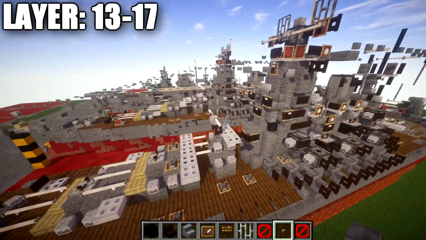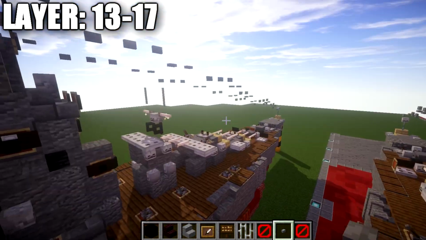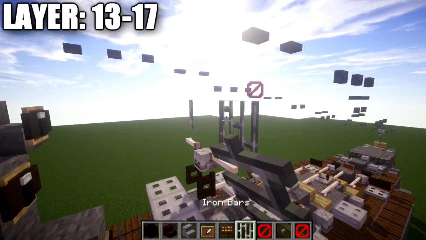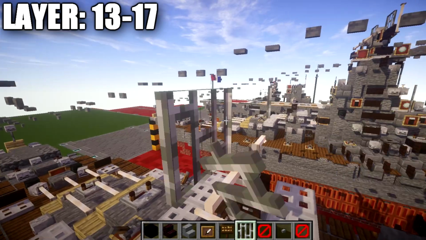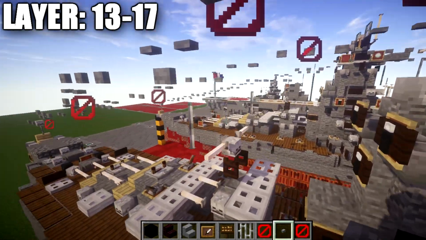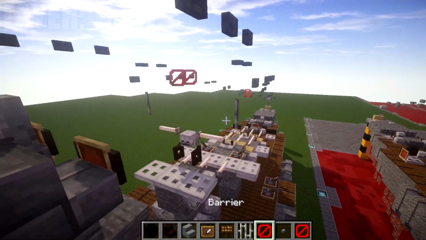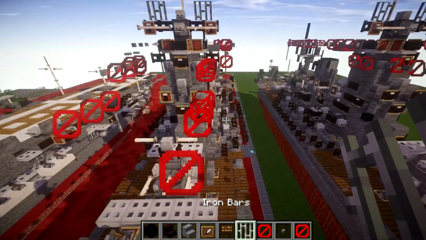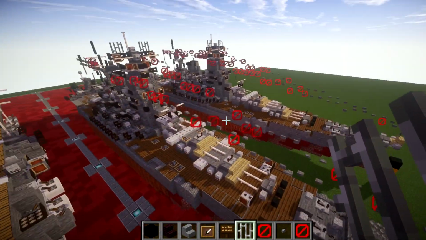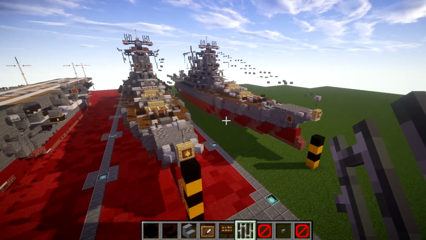And one thing I also want to mention is that on this barrier block, right here where we have this end rod, we're going to take these iron bars and go out 1 to the sides here, like so, and then place down a stone button on the side of the barrier block directly above the iron bars like so. And that right there is going to complete your rigging, and with that, that'll complete layers 12 through 16 for the ship, and complete my new redesign here for the